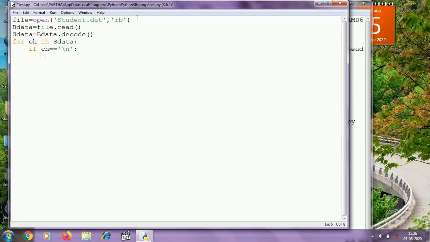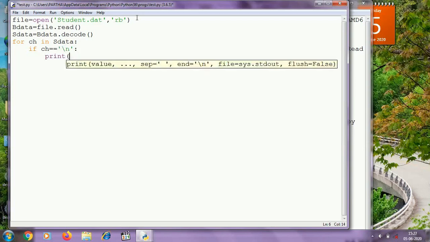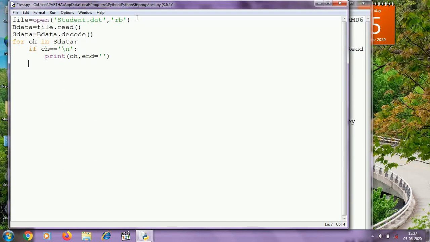If it is \n, then I have to print ch using end equal to quotes. Otherwise I can print it normally. I am checking \n to eliminate extra new line problem, because print by default adds an extra new line. Let's see.